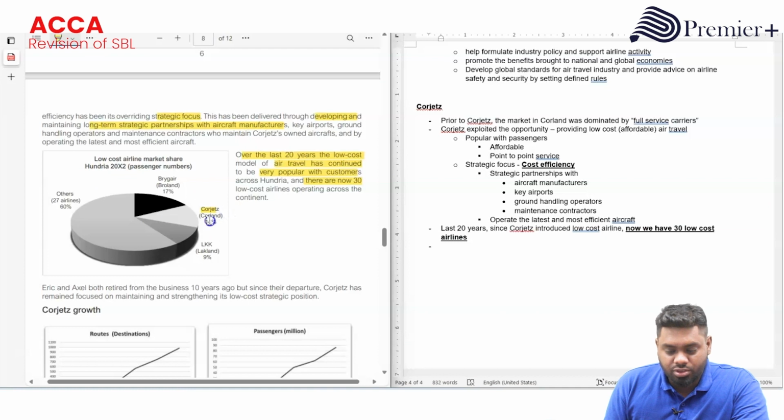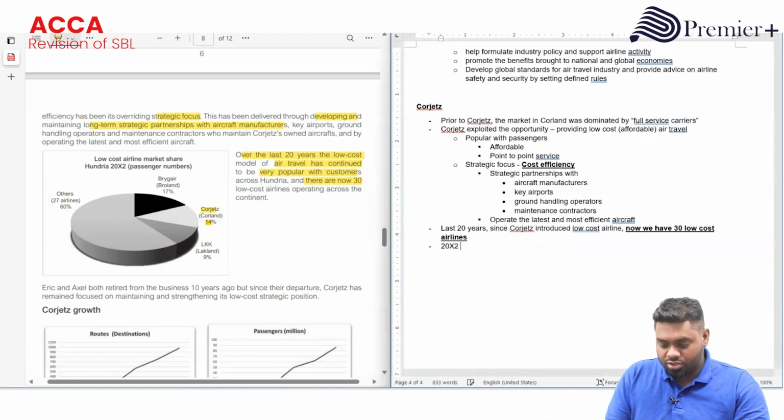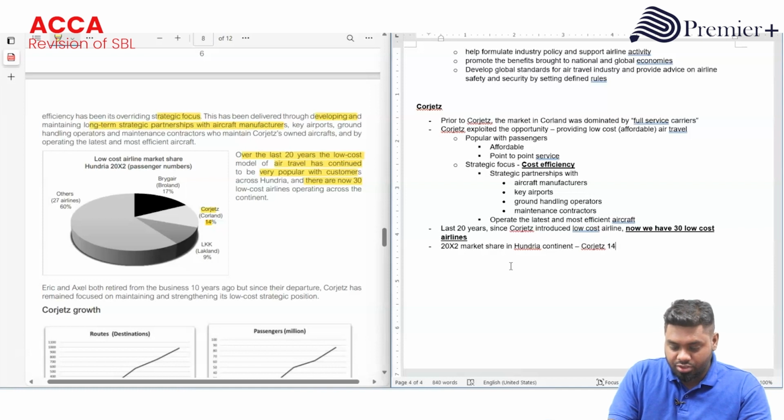CoJets owns 14% of the market share, right? And if you look at Brygger in Poland, LKK in Lackland, others, 27 airlines consist of 60% of market share. So if you look at the 2022 market share in the Hungary continent, CoJets earns 14% market share, but unfortunately